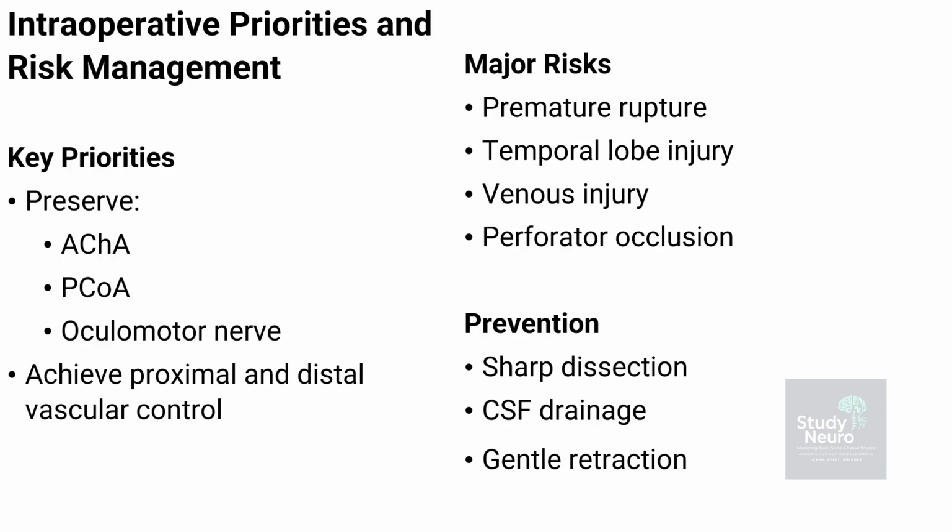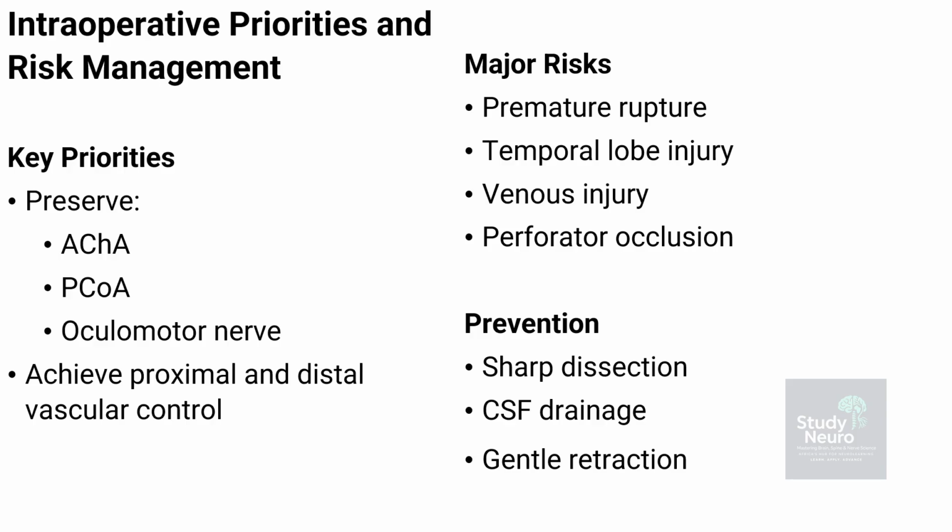Anatomy stays tight here. At the same time, the surgeon works to secure both proximal and distal control of the vessel, because having control on both sides of the aneurysm allows safer handling in case of rupture and provides a stable framework for clip application. Control reduces chaos. Several risks must always be anticipated, including sudden aneurysm rupture during dissection, injury to the temporal lobe